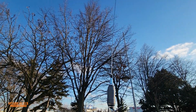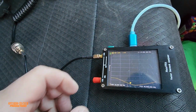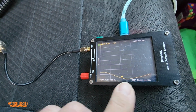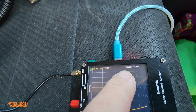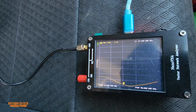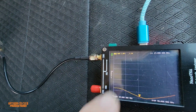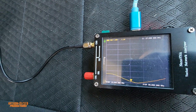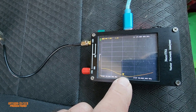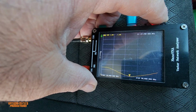Look at this antenna. Okay, we are back. Look at that. Again, I'm gonna show you 25 megahertz to 30 megahertz. We are now at 27,300, and the SWR is 1.24, which is not bad, because look, we have more. See, this is where the cursor is, and if we move the cursor down to see where this antenna resonates,